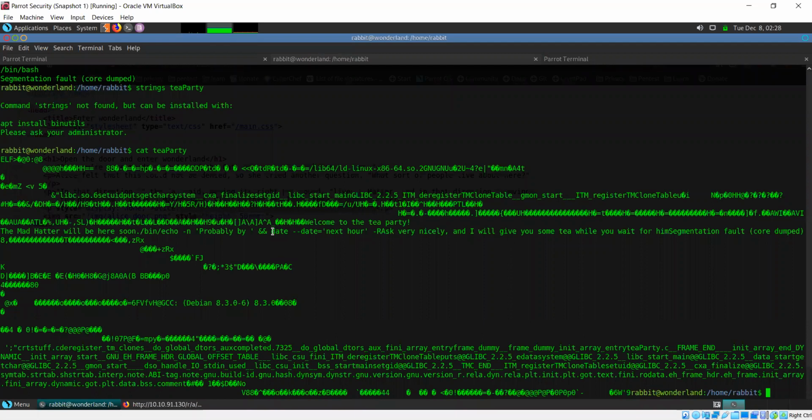And the way we are going to do that is, so it's somewhat similar to what we did previously, but there are a couple of steps that are different.